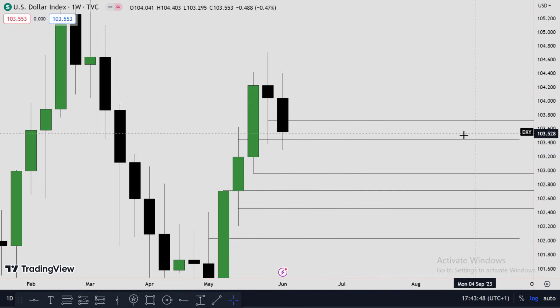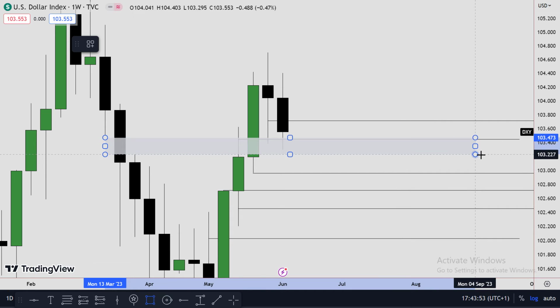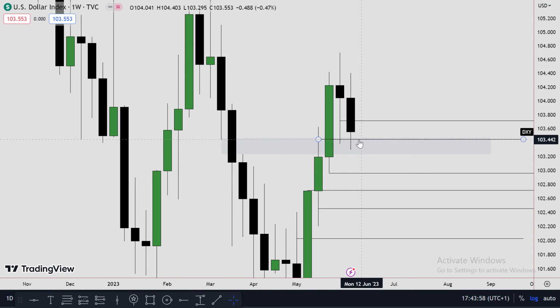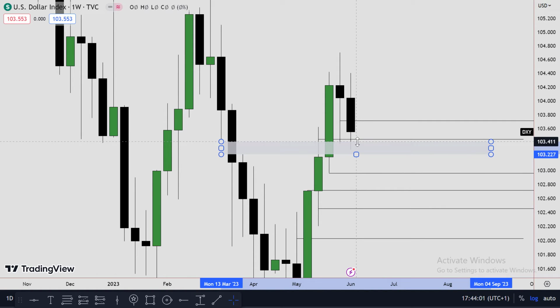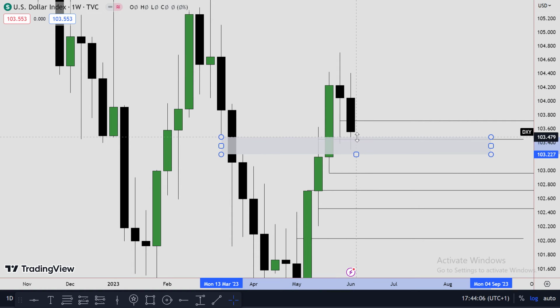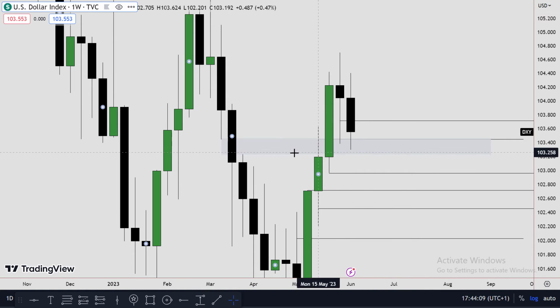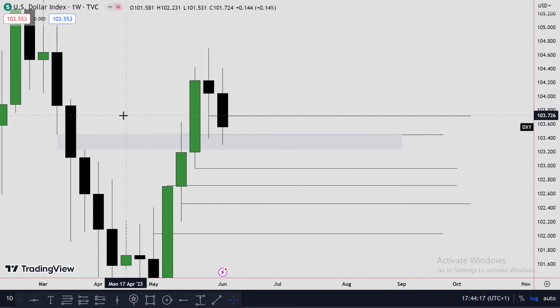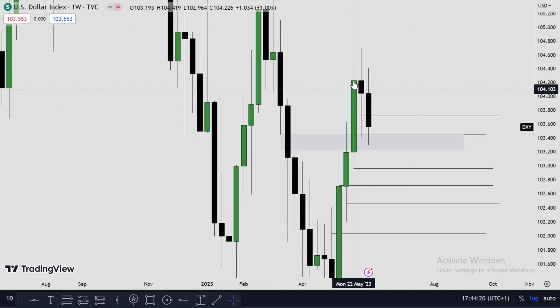Now if you also take a look at this, I'm seeing a previous fair value gap here that was violated. Remember, I've also taught, for some of you who are my VIP paid students, that when a fair value gap is violated and price returns to it, it will either serve as support or resistance. So this is another dynamic way of using support and resistance. This is the fair value, you can see between the low and the high of the third candle. Price violated this by this bullish momentum, and then price returned into that level. This might also